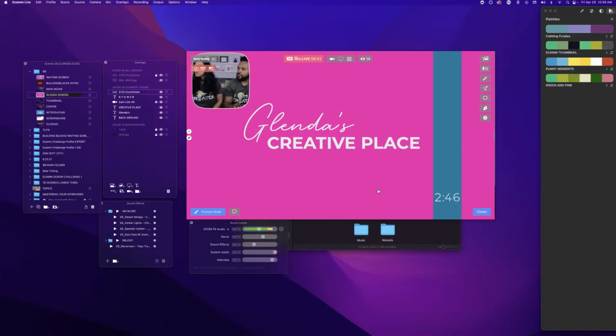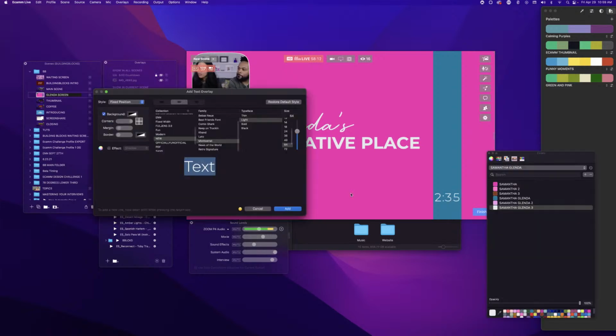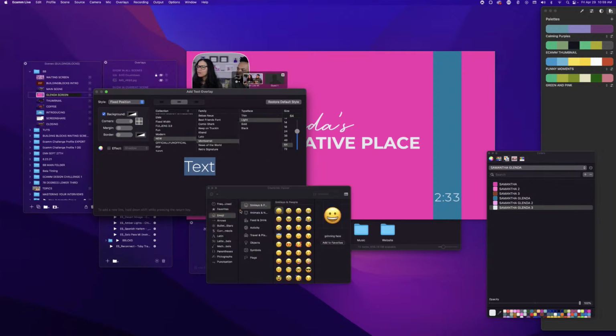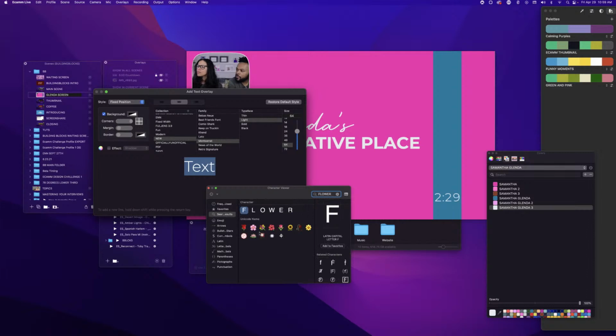Okay. Here we go. So that's the beginning of your waiting screen, Glenda. So what should you have? You could surround it with something pretty like flowers. So we're gonna do flowers, okay? So let's go to. Okay. So how about we use this one? Yeah, and it's because it's pink,